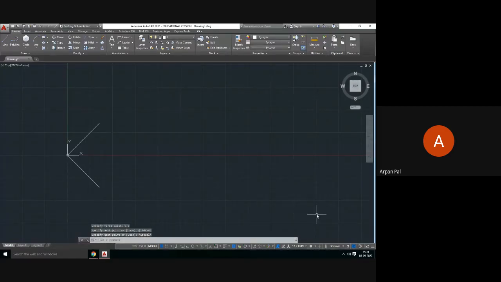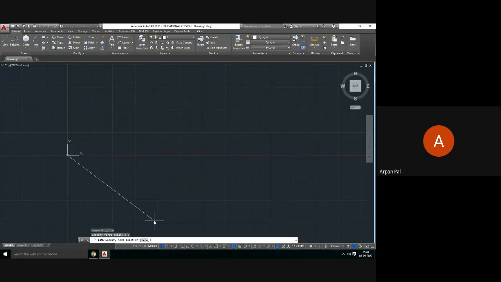See, now dragging your mouse doesn't influence the direction. The direction is being influenced by the symbol of the angle placed. If you like to see, I shall again show you: 0, 0, enter.